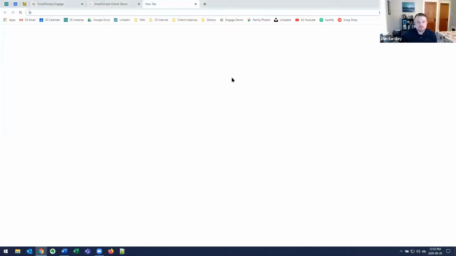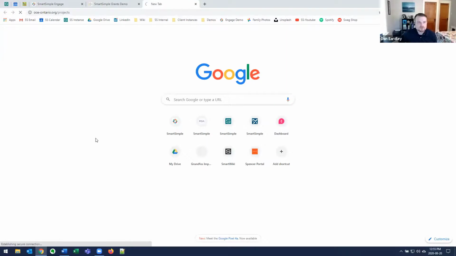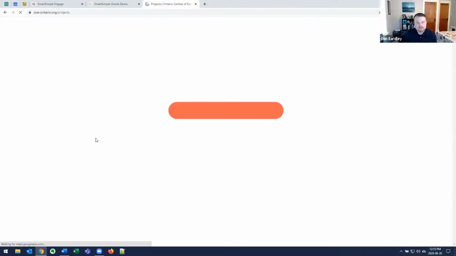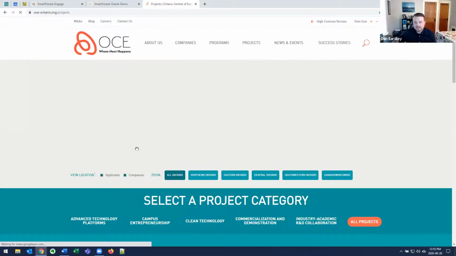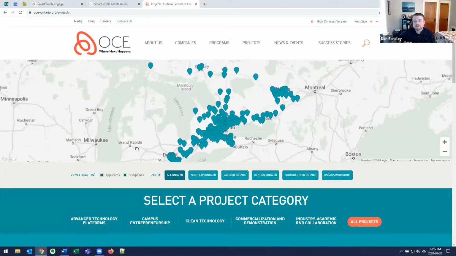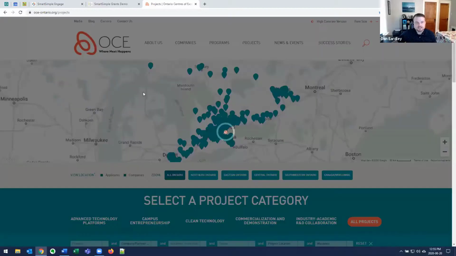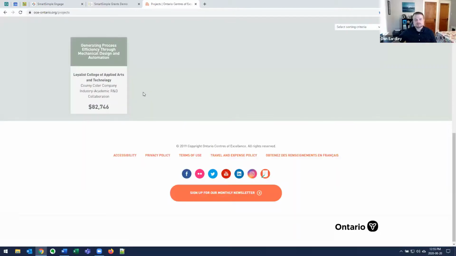So let me just jump to a couple. This is an organization in Ontario, Canada, where they are taking that geo-mapping perspective, that impact map, and being able to display it on their public website. And they're including different filters to be able to filter in on certain areas, view certain locations, show data related to those projects so that you can see data as you click in to those specific projects within their website.